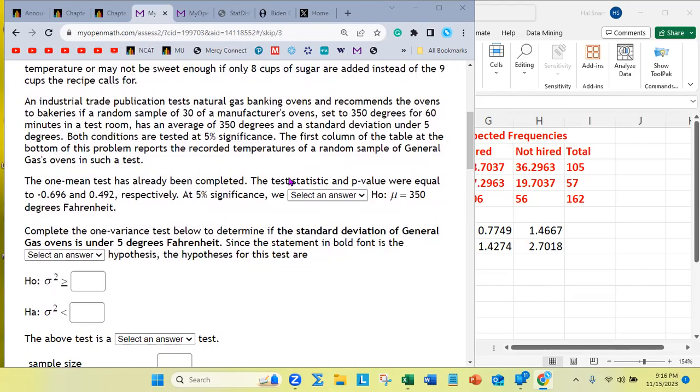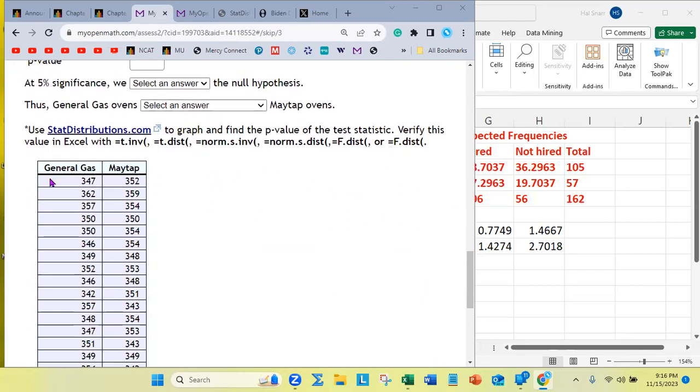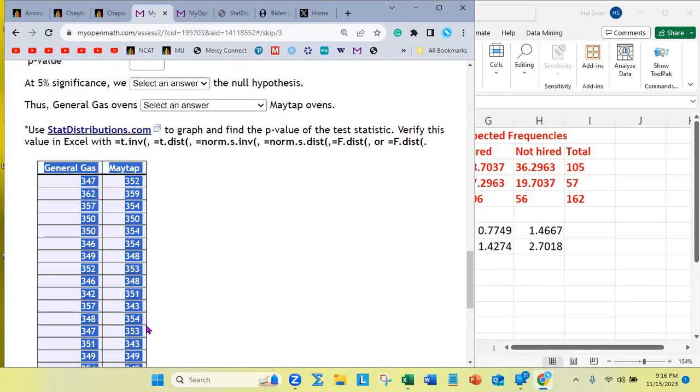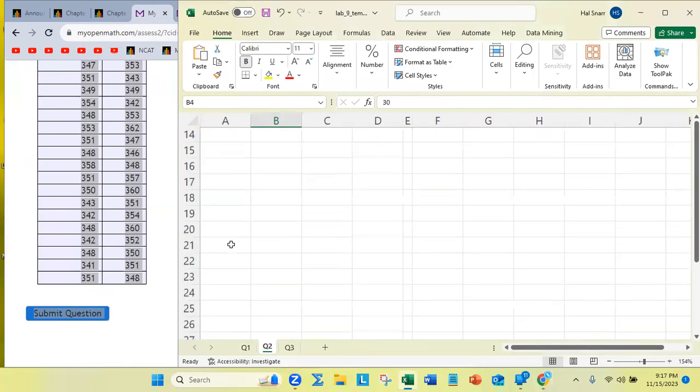Both conditions are going to be tested at 5% significance because that's the industrial trade publication standard. The first column of the table at the bottom of this problem reports the recorded temperatures of a random sample of General Gas ovens in such a test, right? So I'm going to go ahead and copy the data down here. The first column is General Gas. The second column is Maytap, a competitor, right? And then, of course, I'm going to grab the word submit. I'm going to press Control C on a PC. With Mac, you can press Command C. And I'm going to paste that information